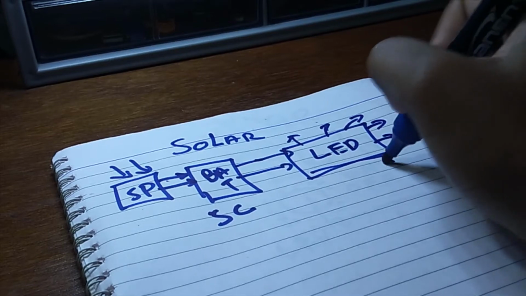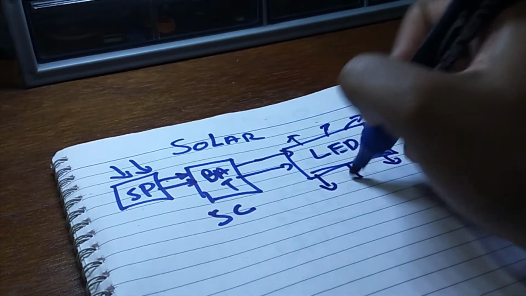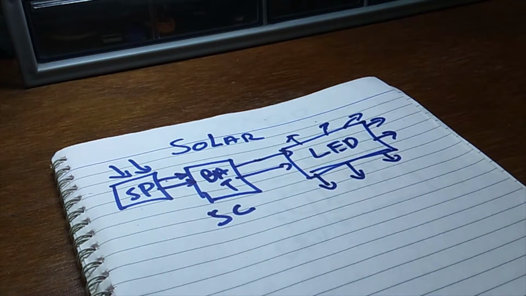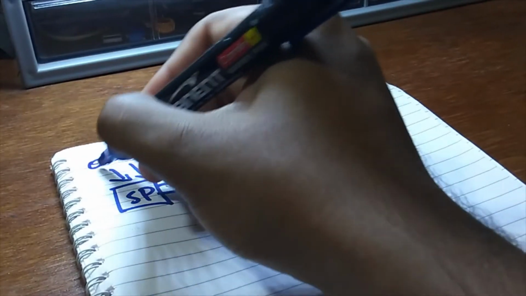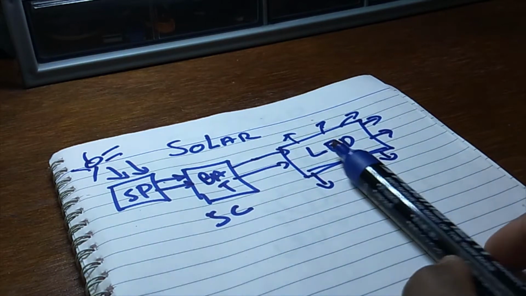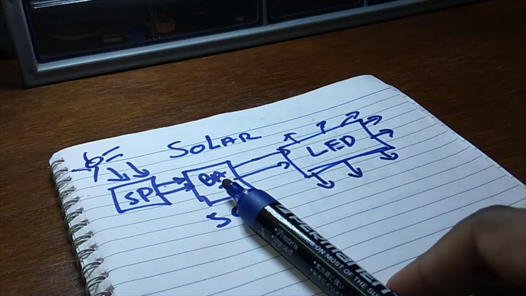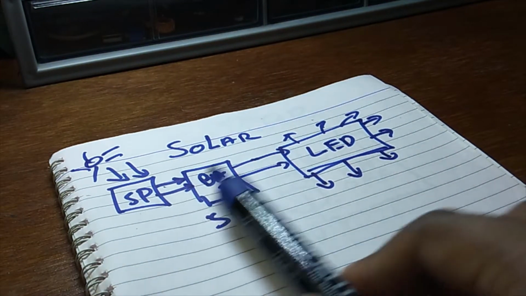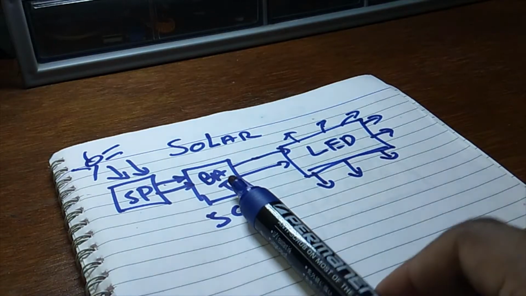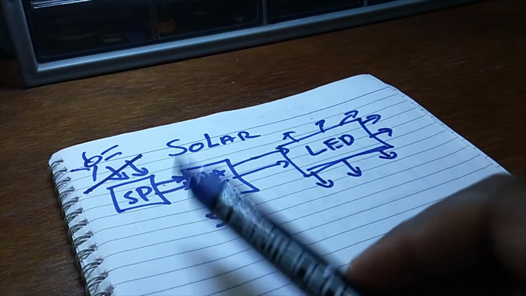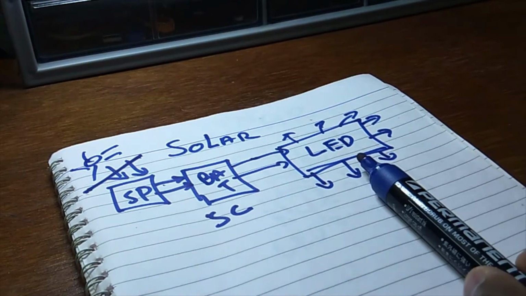Now this is the given requirement of this project, right? This LED array should only be switched on once it is dark. So when the sun is up and it is shining bright, at that time we do not want the LED array to be switched on, but it should just hold the charge in the battery. So this is the given condition. When the sun is up, the solar panel should charge the battery, and once the sun goes down or is no longer available, the solar panel is in a dark shade, at that time the LED should glow